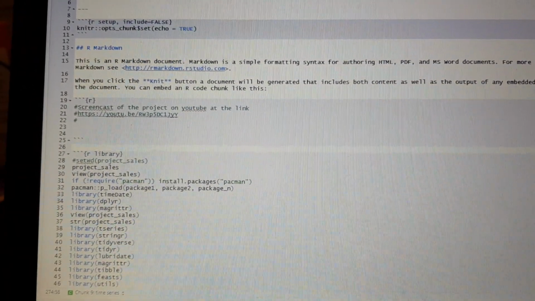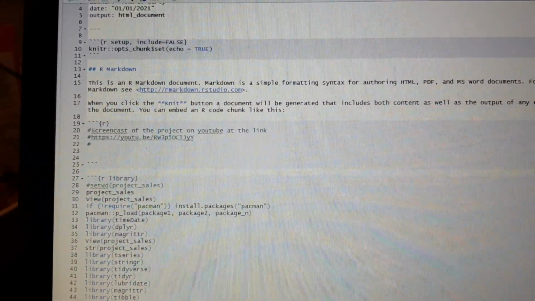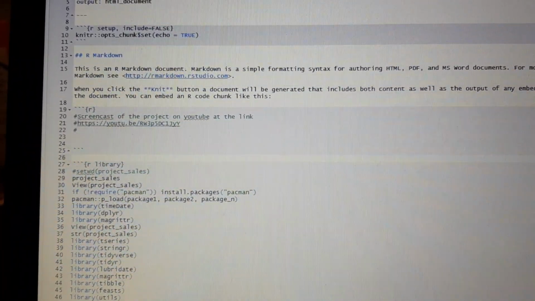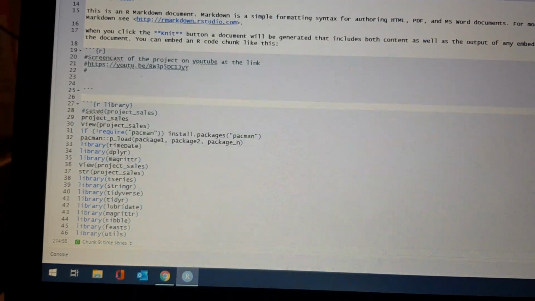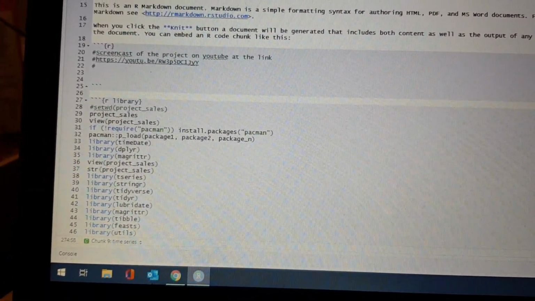So I began my project by putting the project sales file into an RMD Markdown file, and then setting up all my libraries. So I used Pacman,